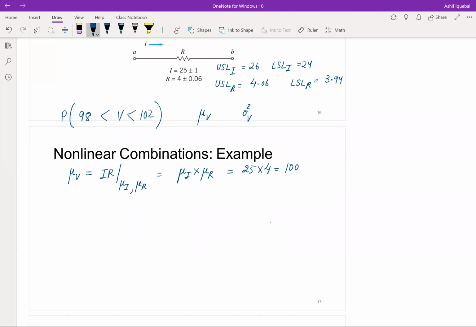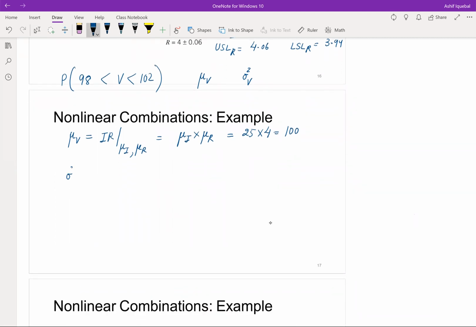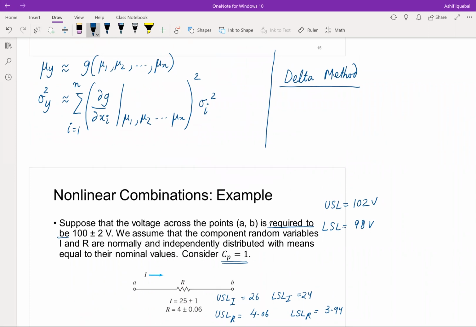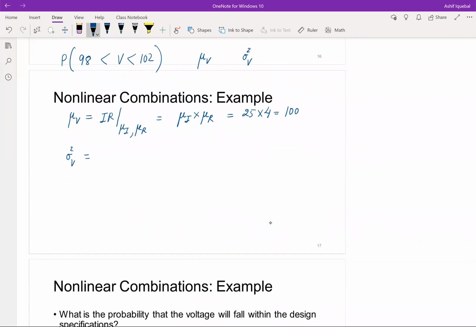Right. Once we have mu V, let's try to find out what is sigma square V. Again, let's go back to the formula. Sigma square is the partial derivative of this nonlinear function g evaluated at mu1, mu2, mu_n times sigma I square, right? So let's write this down. It is nothing but the partial derivative of IR with respect to I, and then evaluate this at mu I comma mu R and take the square of this, multiply by sigma square I,